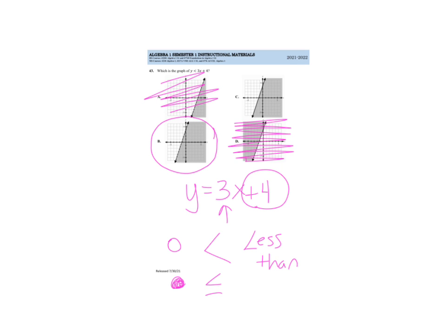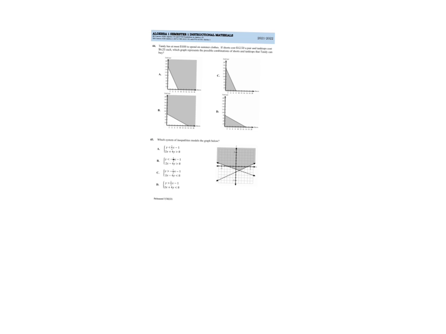Next page. So this is more of the same. I have $100 to spend on summer clothes. So I need to figure out, as I said, shorts cost $12.50 and tank tops cost $6.25. So I need to figure out first, how many shorts can I buy? So I would take $100, and I would divide it by $12.50. Figure out exactly how many